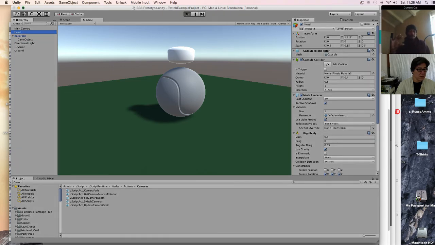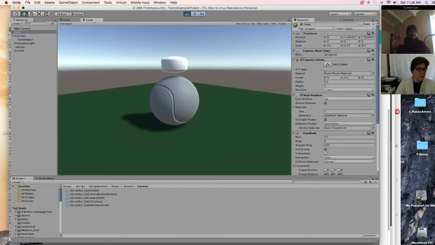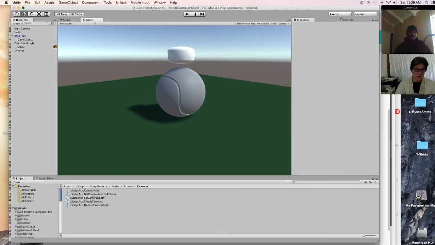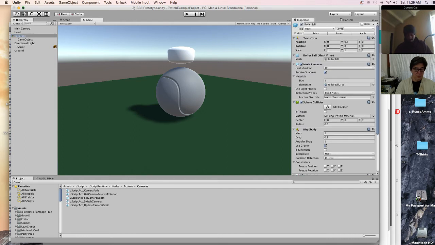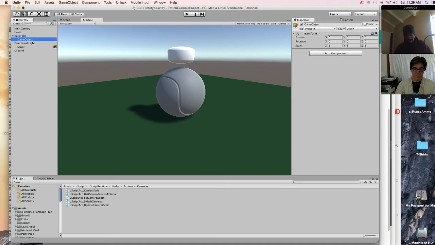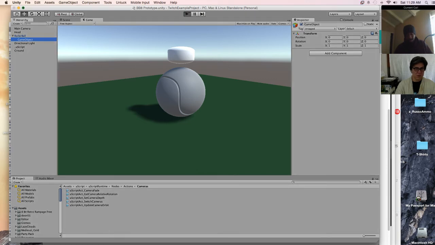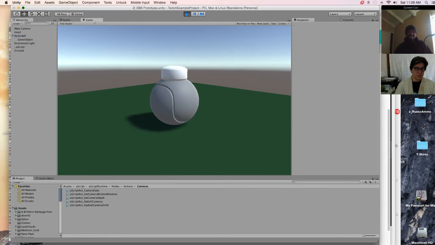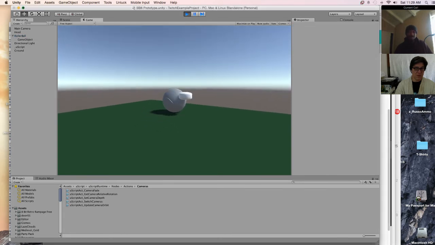But follow the ball. Correct. That is right. I mean, so basically we gotta attach it to something that's not gonna rotate. Or give it some behavior that...